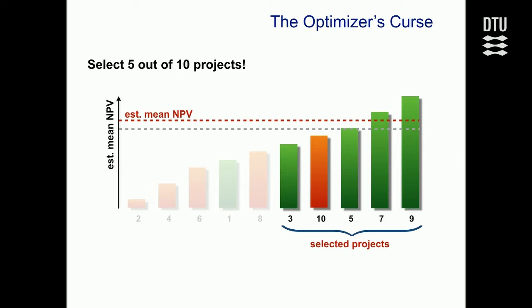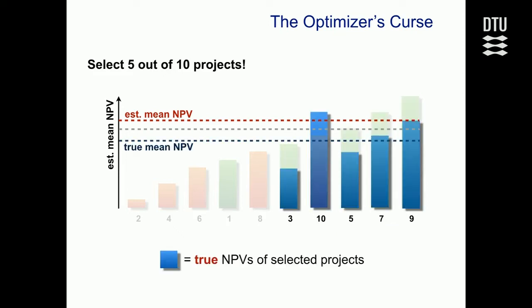So the red line here denotes the average of the estimated expected net present values of the projects that you selected. Now, of course, this is treacherous because this estimated average is not achievable in reality because this comes from the estimation errors. So if you look back at the true expected net present values of the projects we selected, right, they look like these blue bars here, and we take their average, then of course their average is below the gray line. It must be below the gray line because the gray line is the best you could do if you had full knowledge, which you don't have, right?